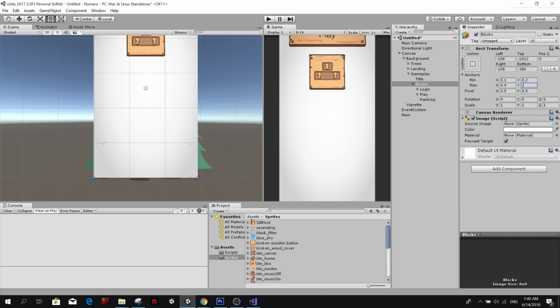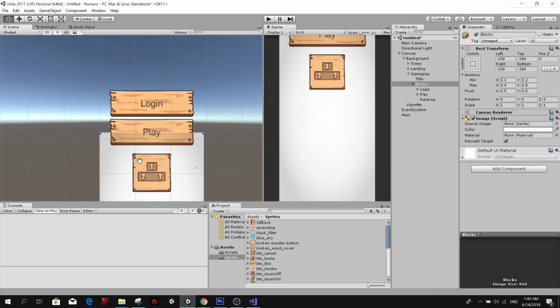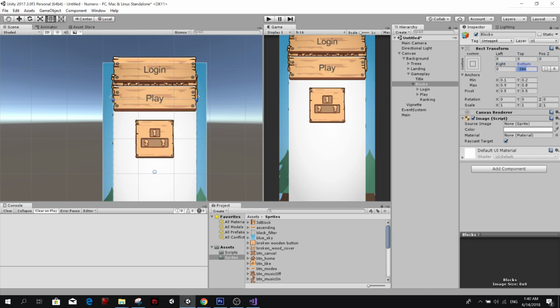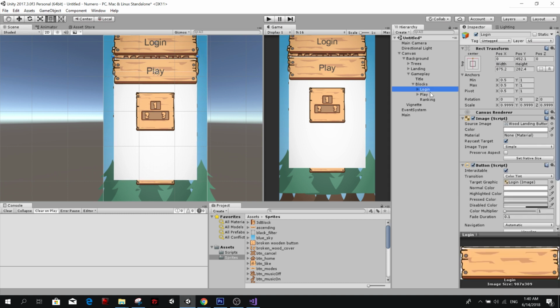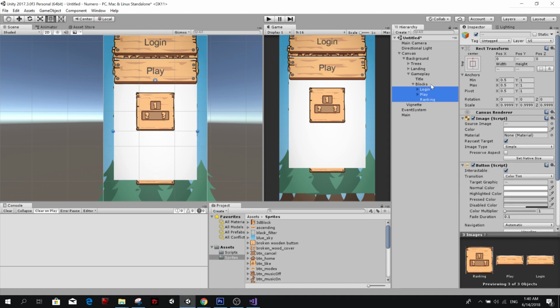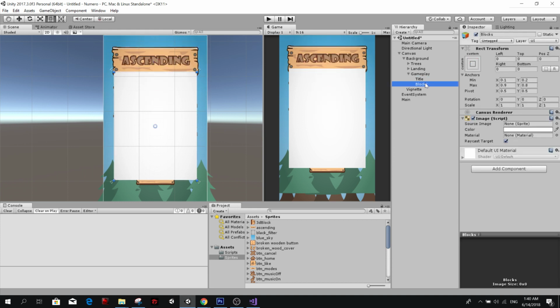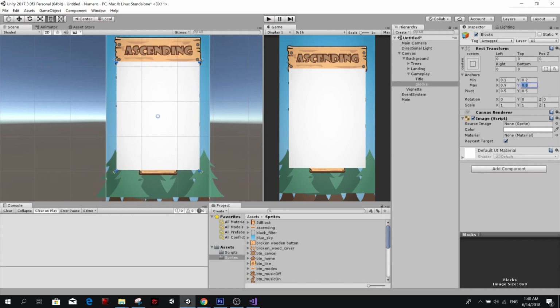This is 0.8. So where is it? Around here. There we go. So why did these buttons go up? I'm not sure. Oh yes, I know why. We don't need these buttons. The blocks. This is where we're going to have those little blocks with numbers, right? Something like that. So it's half of the screen.